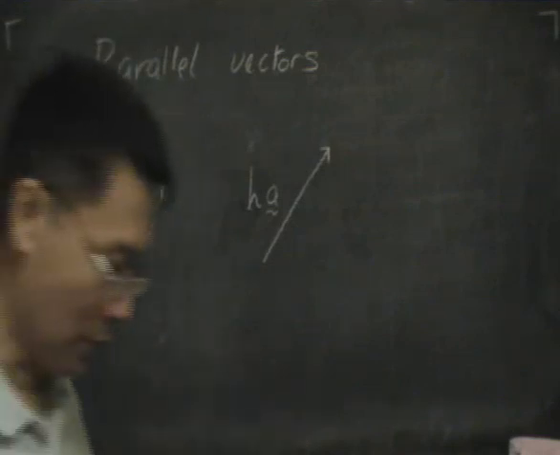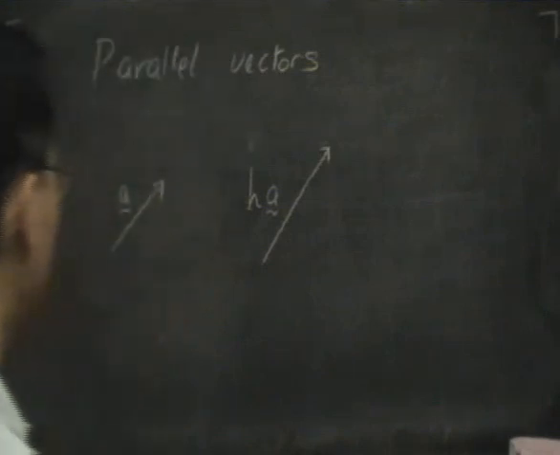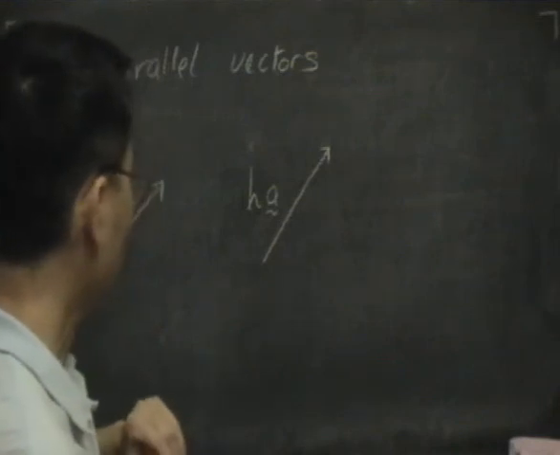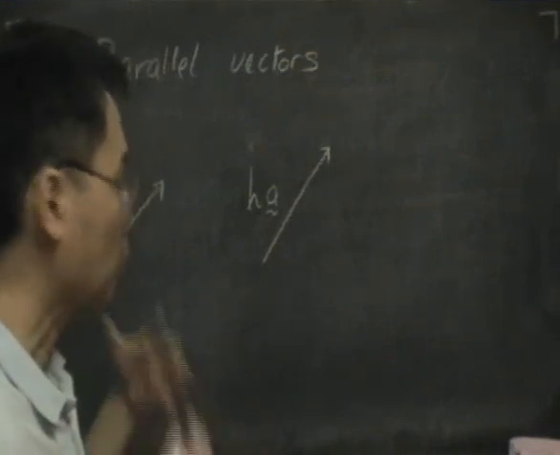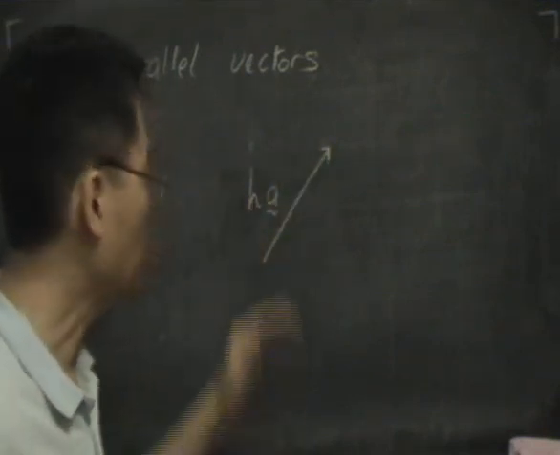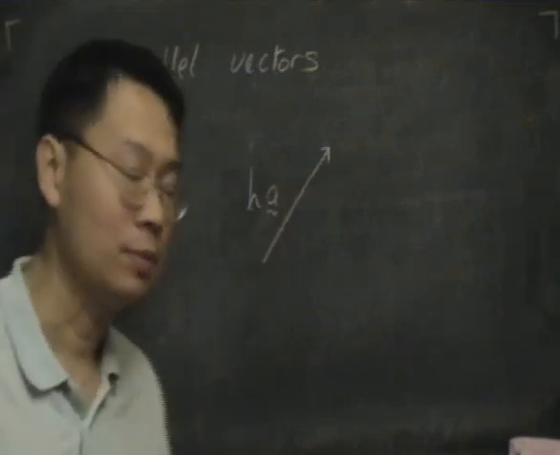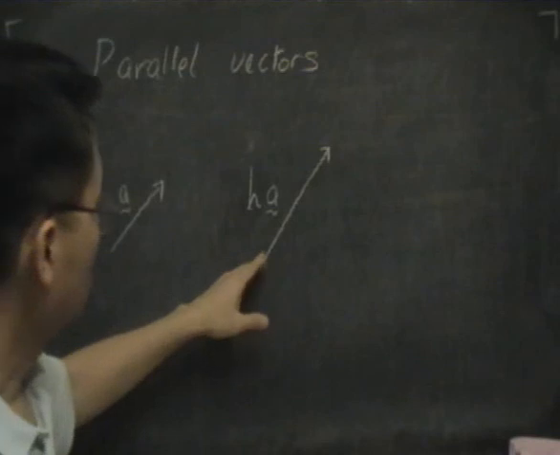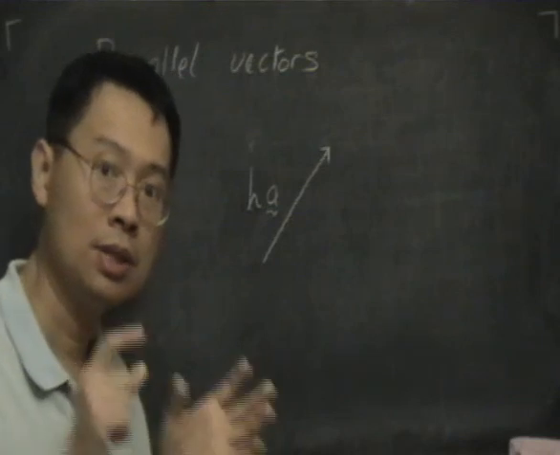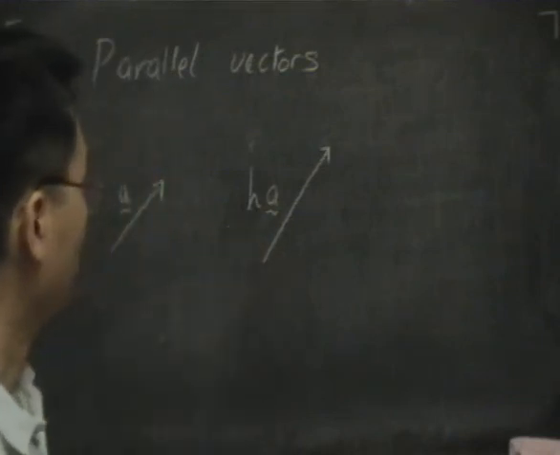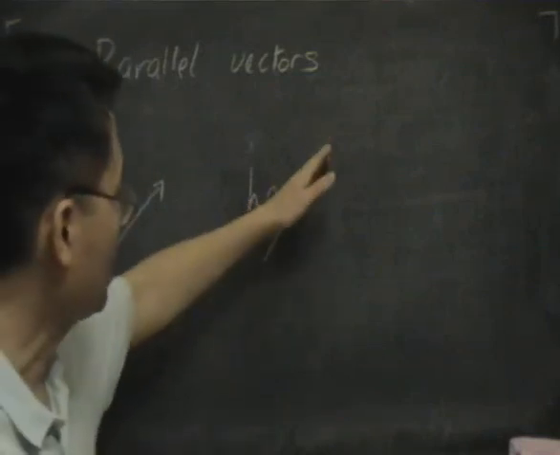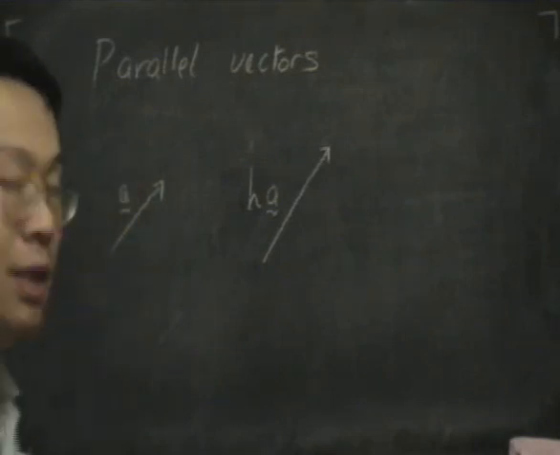Now let's turn this around. Suppose that I have another vector here. I don't know whether this vector has the same direction as A. I don't know whether or not it's parallel. But I'm told that this vector is equal to h times A, a scalar times the vector A. So this information is enough to tell me that this vector is actually parallel to the vector A,